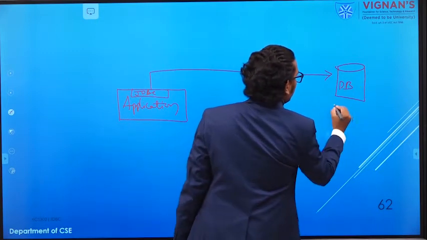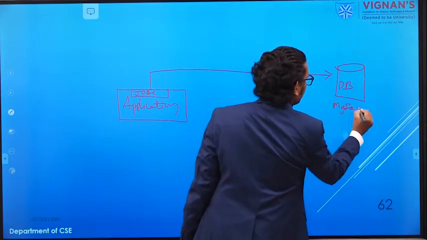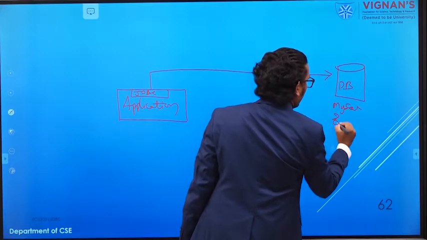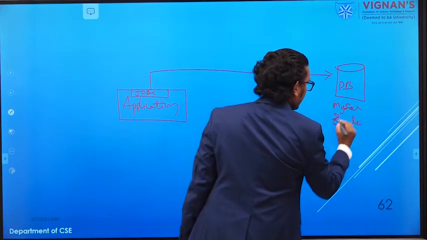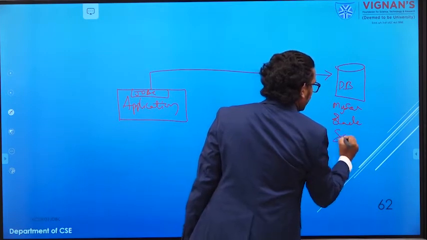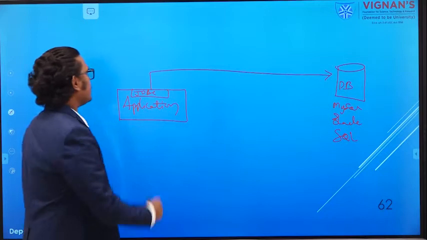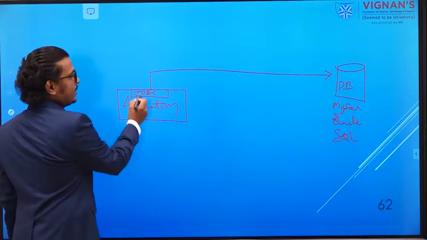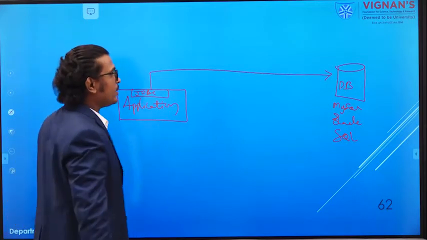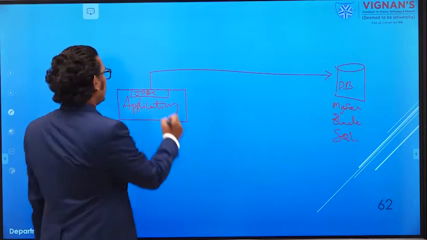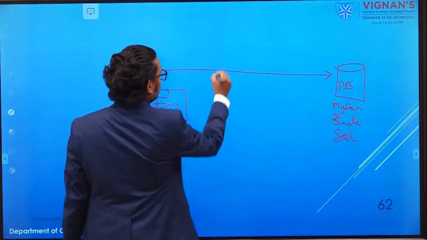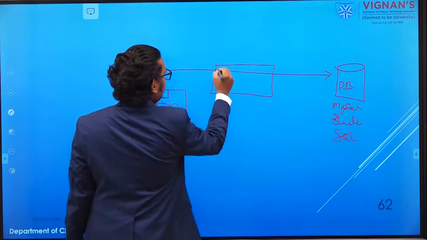That database may be MySQL, Oracle or SQL database, any kind of database. So with the help of this particular JDBC driver, we are communicating to that particular database.